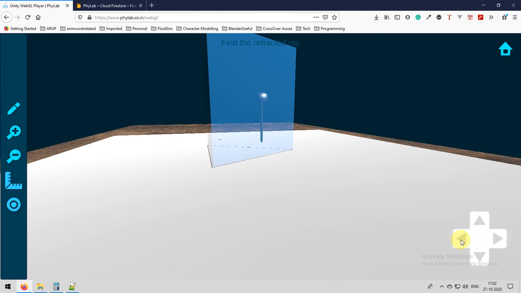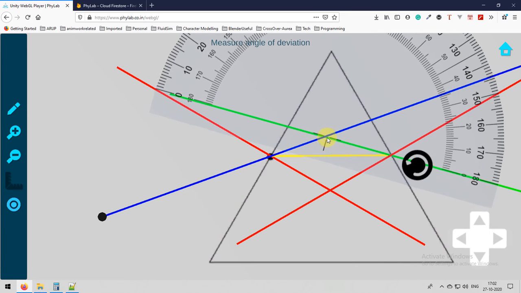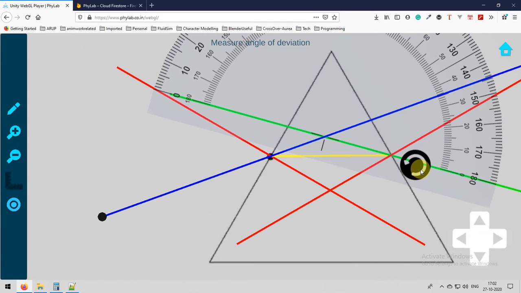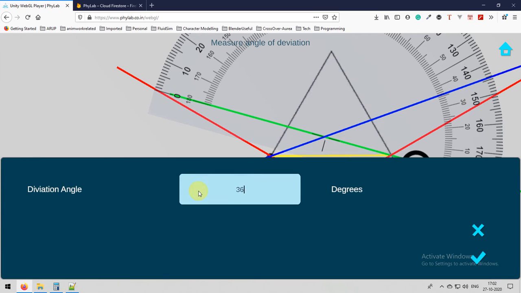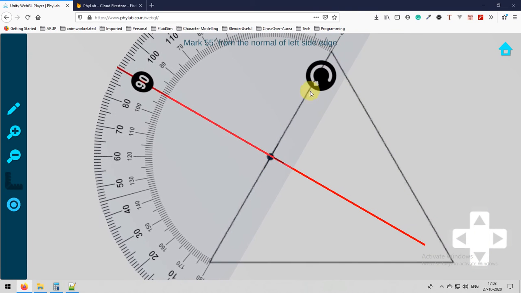I will be repeating the experiment for multiple angles. We started with 35, 40, 45, 50, 55, 60. We need to take this many values so that we can find the accurate minimum deviation of the prism.